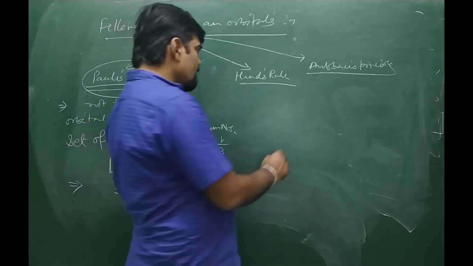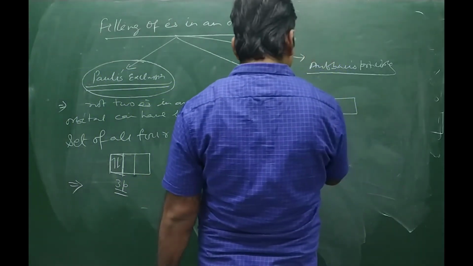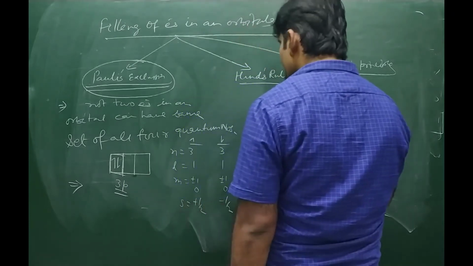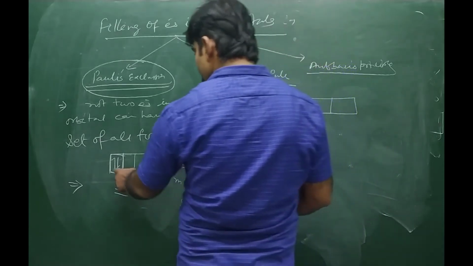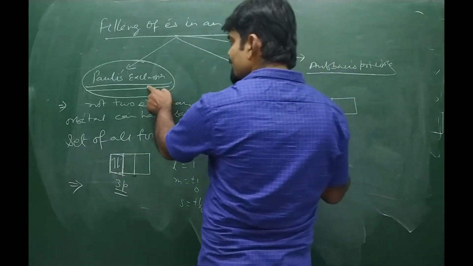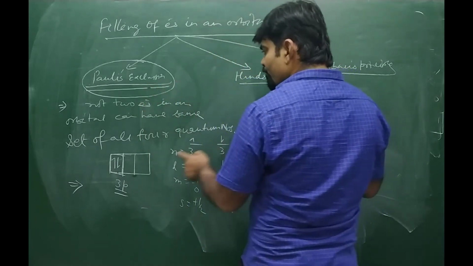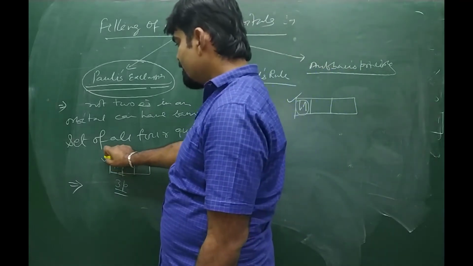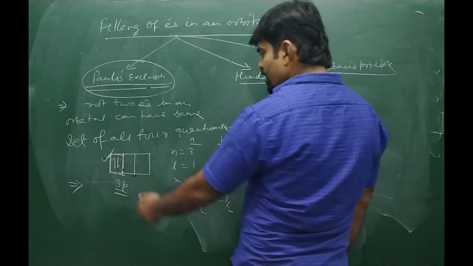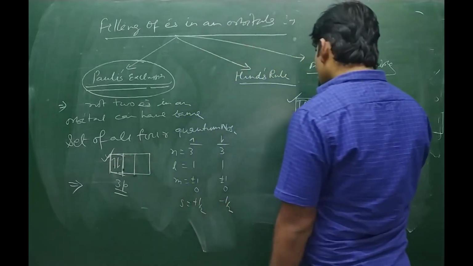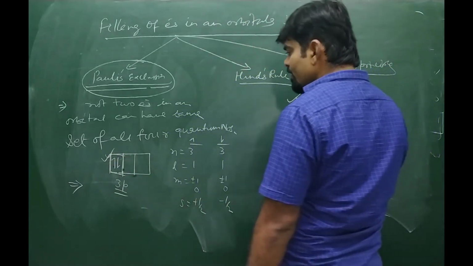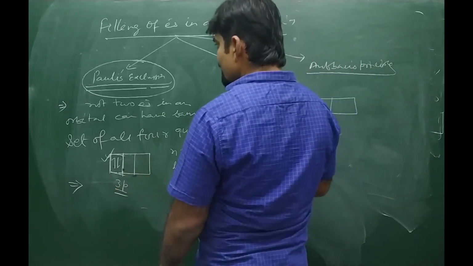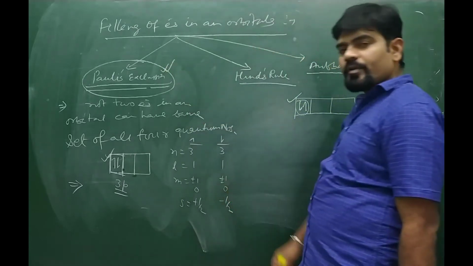Electrons in one orbital can be placed like this or like this: first anti-clockwise and then clockwise. No problem. Both will satisfy Pauli's exclusion principle. None of them violates it. So this is also possible. But by convention, we use clockwise first and then anti-clockwise. However, both cases are possible and both satisfy Pauli's exclusion principle.